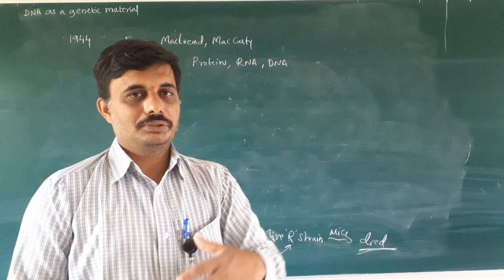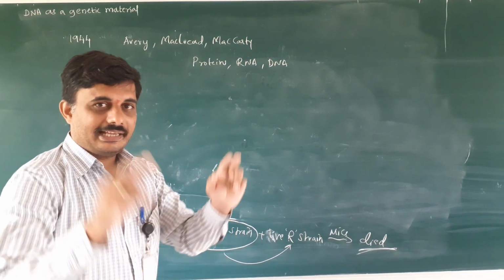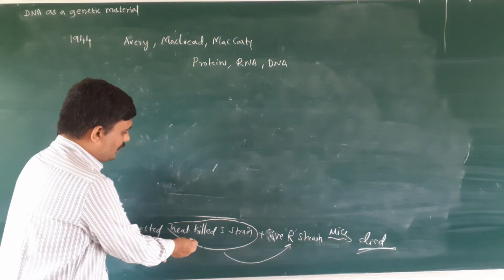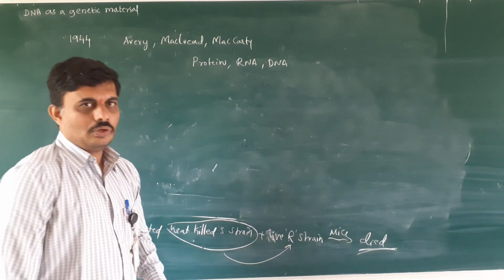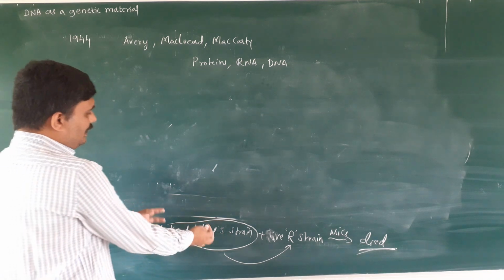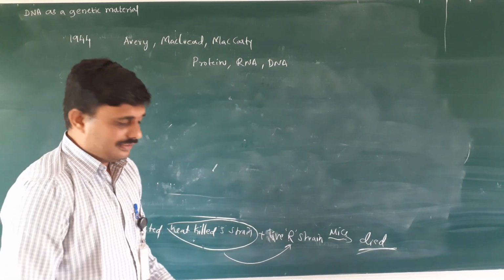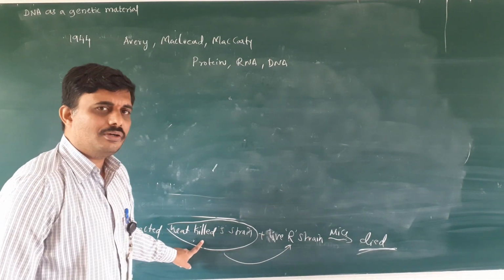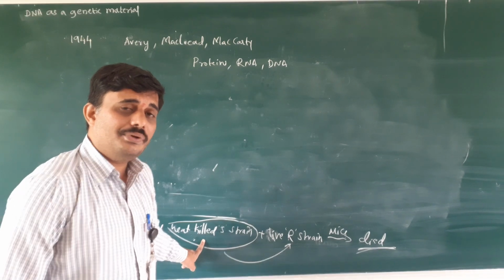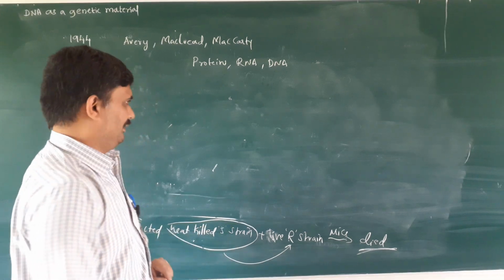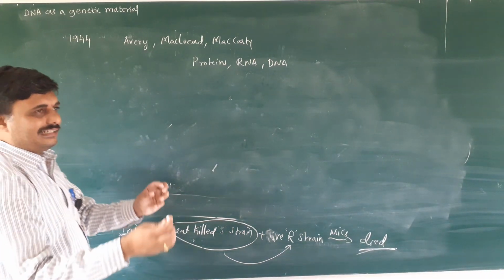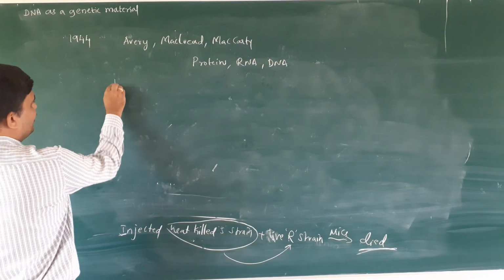Griffith's transformation principle. Which material transforms the heat-killed S strain into the R strain? What did they do? They extracted the chemical components present in the live or heat-killed S strain. They collected the chemical components, that is the protein,